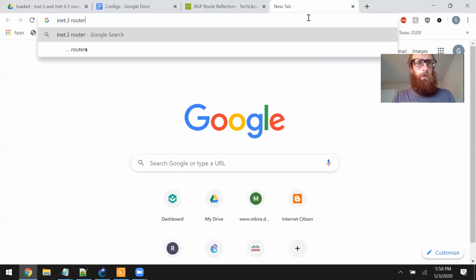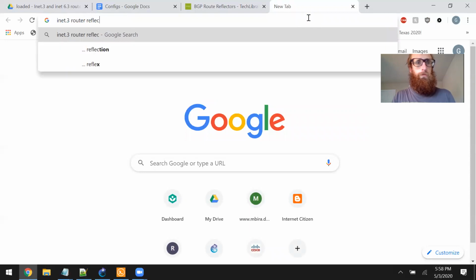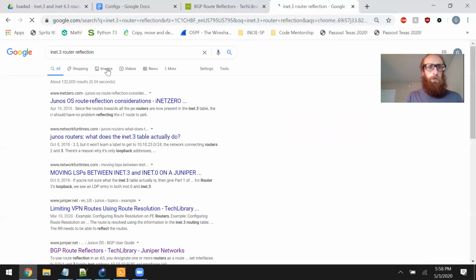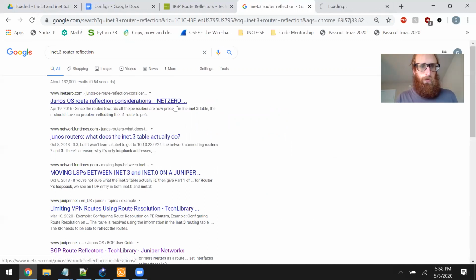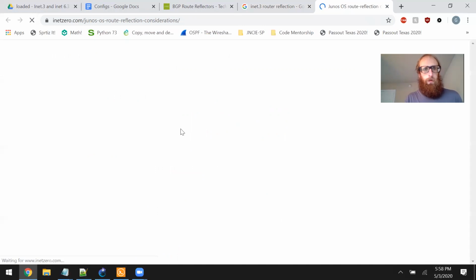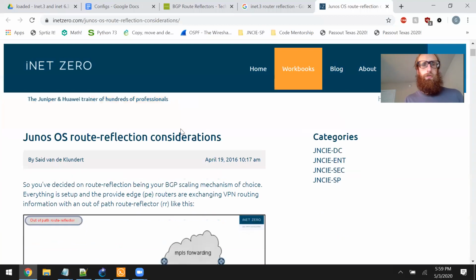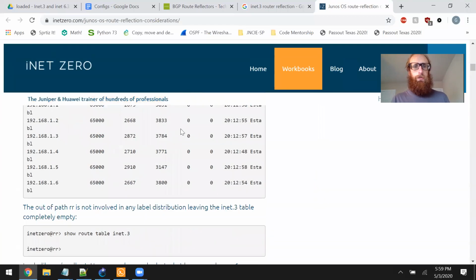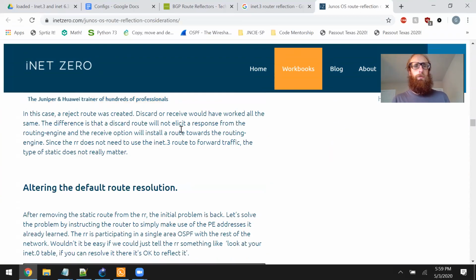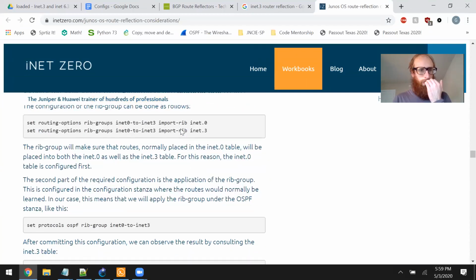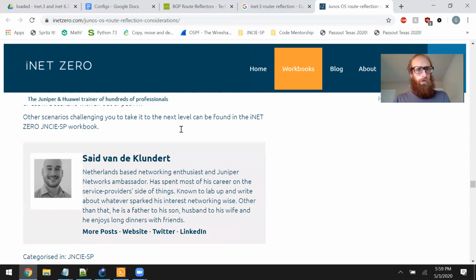.3 reflection. Yeah, so this looks really good. Inet.0.com, Junos OS route reflection considerations. Yeah, this looks pretty essential here for me to have gone over before this test. It looks like it's,